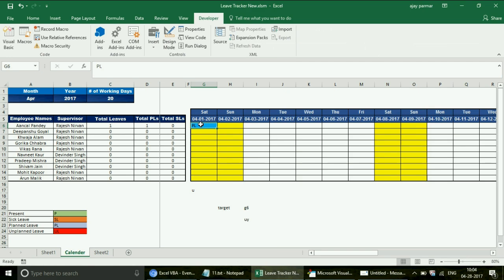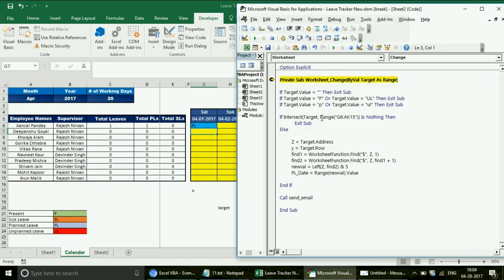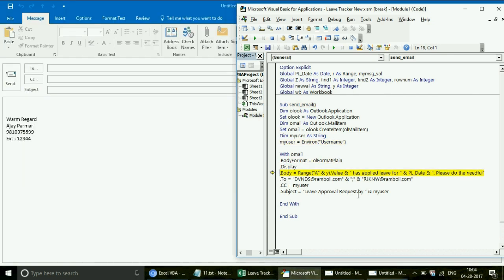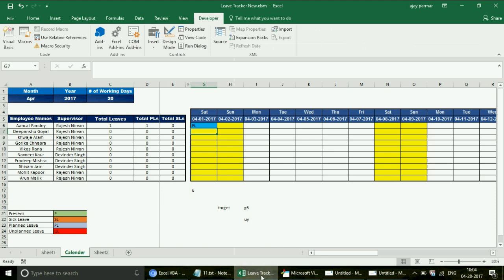If I just write PL here, now you know that this will go in the Else mode. From here we're going to get everything. We got the PL date and Send Email. I'm going to run it fast. Finally the email will be displayed, and now you can see that in Range A6 dot Value of this workbook, if I just show you,